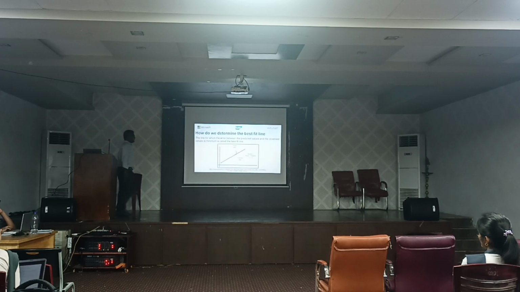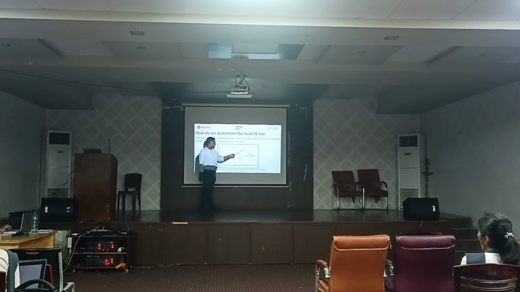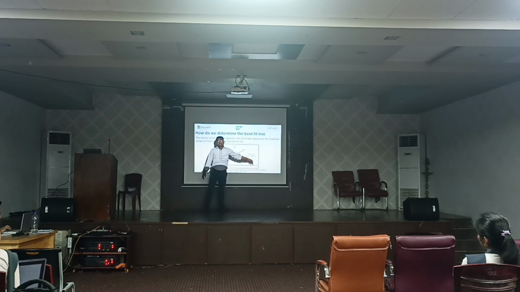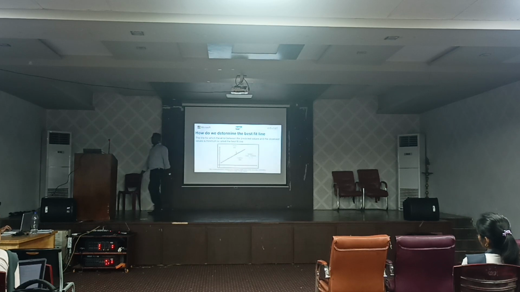Here you can check it. This one is the predicted value, and here is the actual value. The vertical difference between these two points is actual minus predicted, that is y_i minus y cap. Here i means any instance, or the particular iteration value. y means actual value, y cap means predicted value. Clear this one?